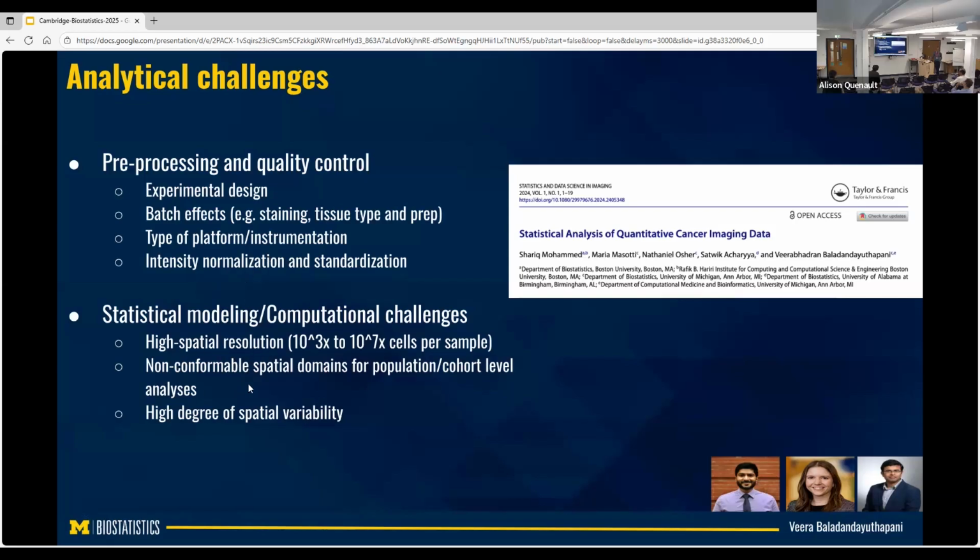This is basically, at least I feel, spatial statistics on steroids, because we are looking at hundreds of thousands or a million cells per sample, and then we have many, many samples. At the same time, it makes a huge statistical problem, in the sense that these are non-conformable spatial domains. What I mean by that is classical statistics or geostatistics is only one space. You measure a lot of things. It's one map of the UK or one map of the US, right?